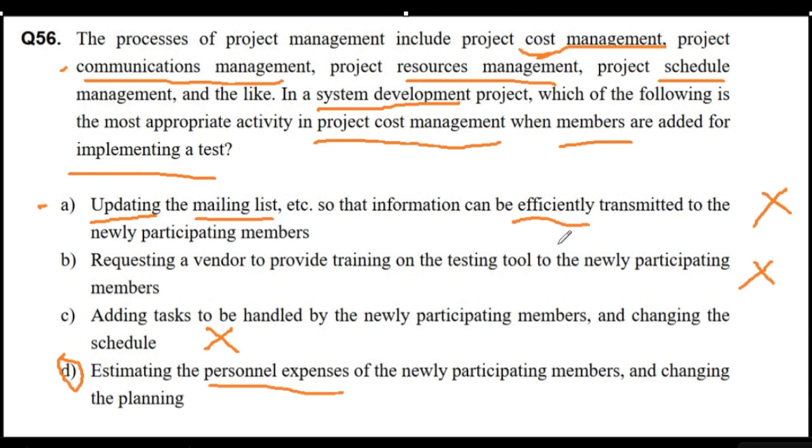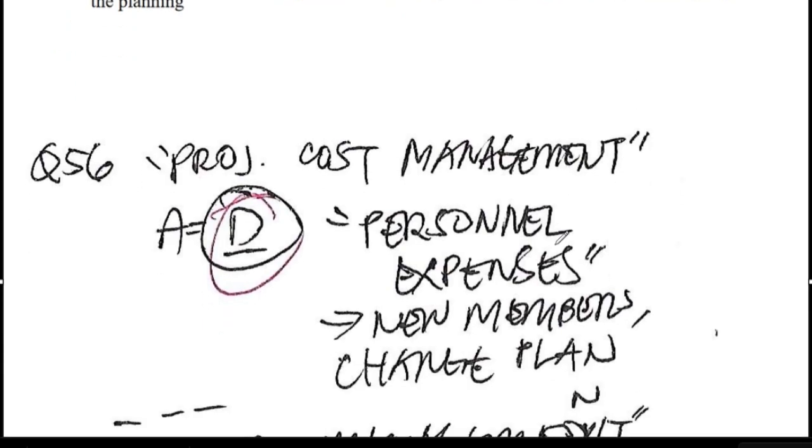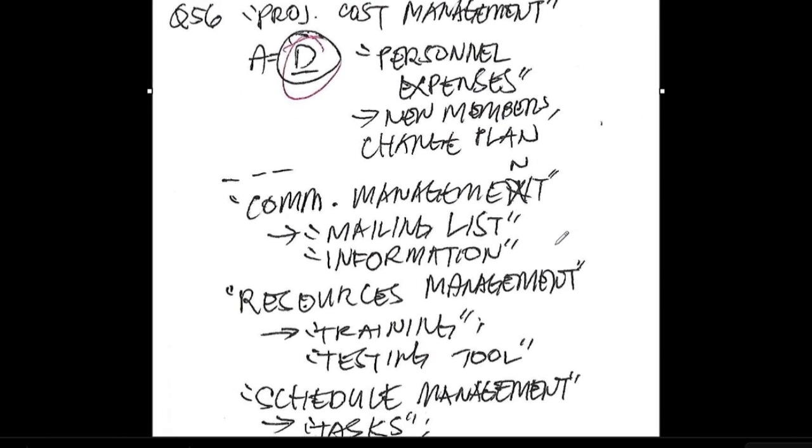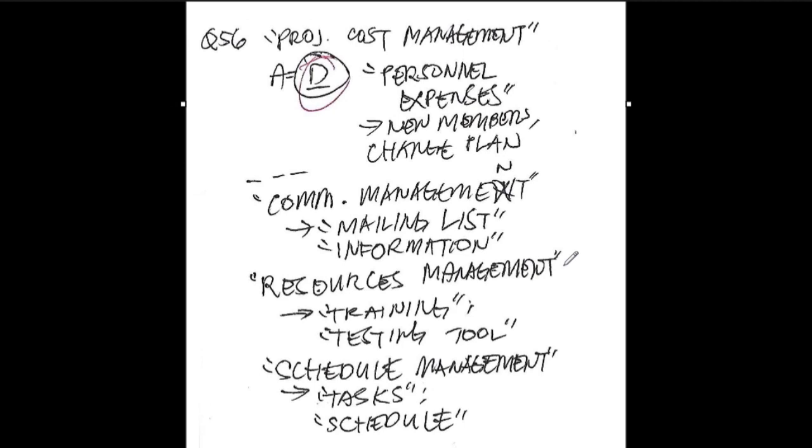Let's see if there's anything else I can add from my notes. Okay, so we have here keywords, personnel expenses, what else? New members. So the personnel expenses go with the cost. The other ones, communications, resources for the training, and scheduling for the new tasks. Okay,